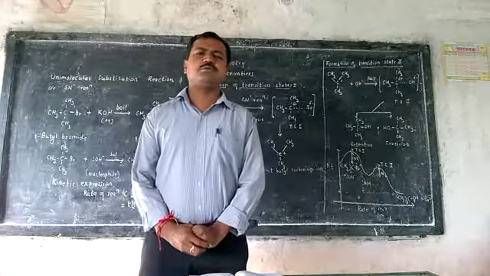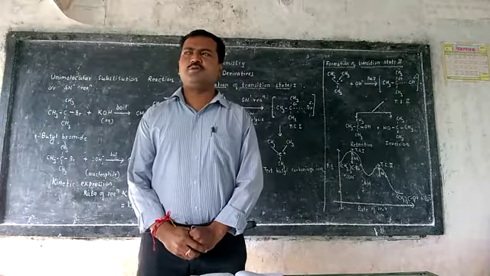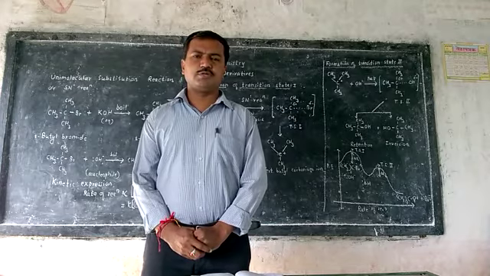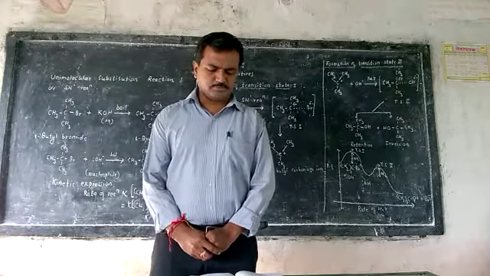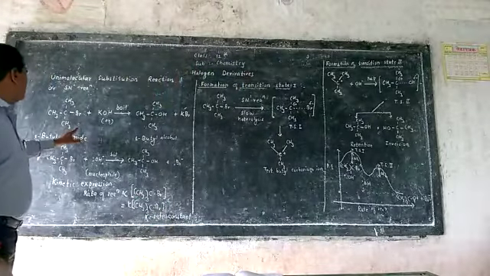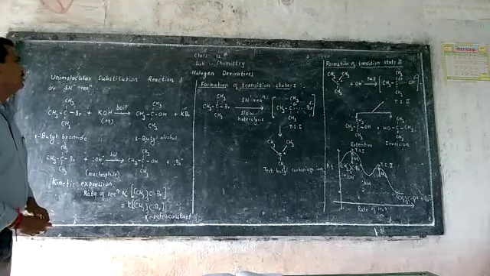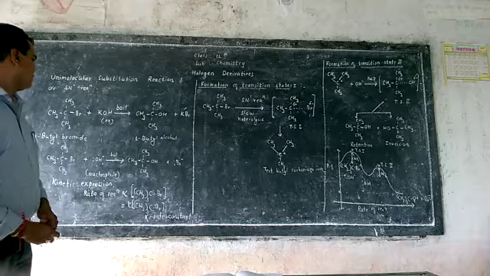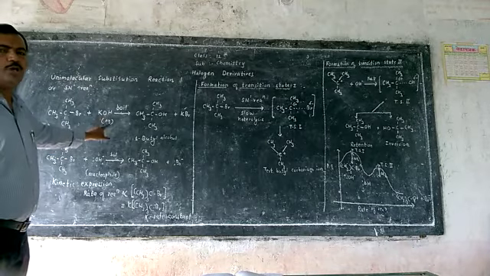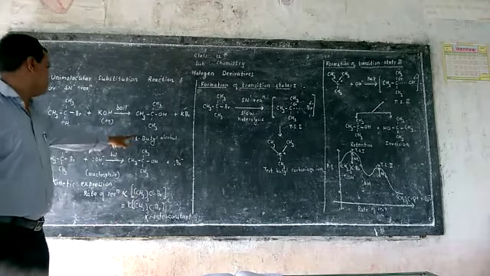The nucleophilic substitution reaction in which the rate of reaction depends upon only one substrate is called unimolecular nucleophilic substitution reaction. The alkaline hydrolysis of tertiary butyl bromide is the best example of the SN1 reaction. When tertiary butyl bromide is boiled with aqueous potassium hydroxide, then tertiary butyl alcohol is obtained.